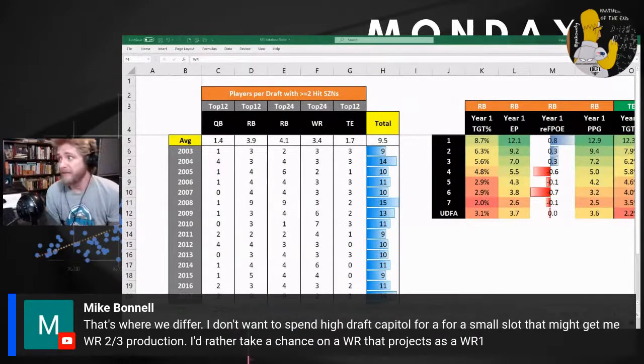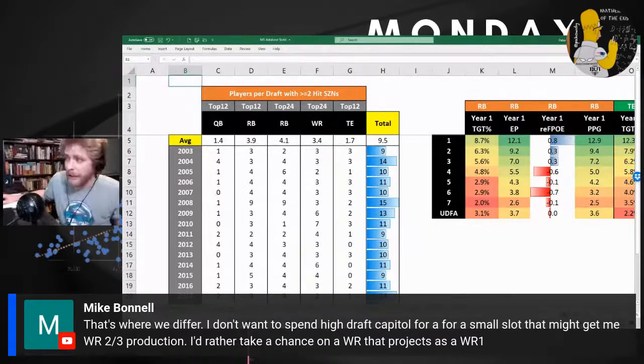And also, again, I'd rather roster the guy that's more likely to be Cole Beasley than more likely to be John Ross, if we're talking in the same height range. I don't care if John Ross could have featured on the outside. He was not likely to actually produce in the NFL. So it doesn't matter how likely you would work down the field if you're not going to produce in the NFL. If you know what I mean? I'd rather some points than no points. But again, I don't actually think that's his upside. But I get what you're saying.